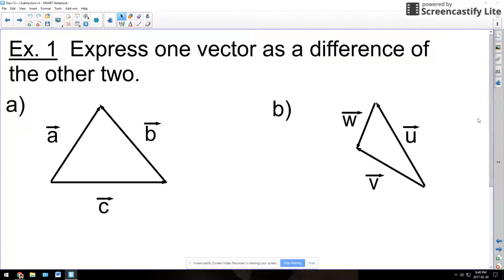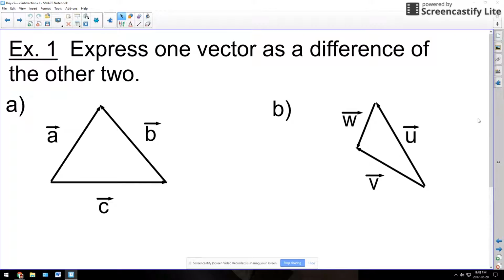All right, so we talked about vector subtraction last day a little bit and looked at a few problems. So we're just going to do a couple more examples today to hopefully try to get you to understand this a little bit better, because it is a tricky topic. So this first example